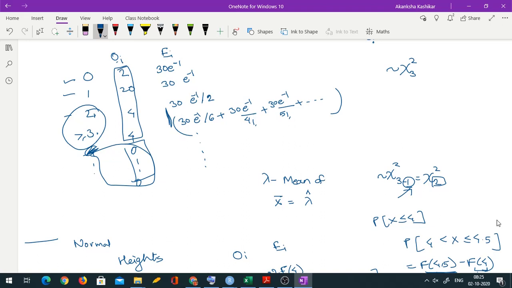If you feel the speed is fine, no problem, you can just watch it in one shot. But if you feel the speed is slightly high, you can pause things and re-listen to them. And of course, you are welcome to let me know. I will try to reduce the speed next time. I'm going a bit fast because I expect you to have done this already in the earlier semester. So in the next lecture, we will go for the independence of attribute test. Today we will stop at goodness of fit. Thank you.